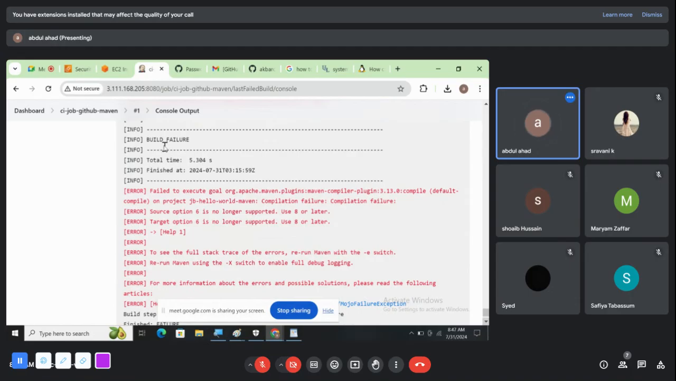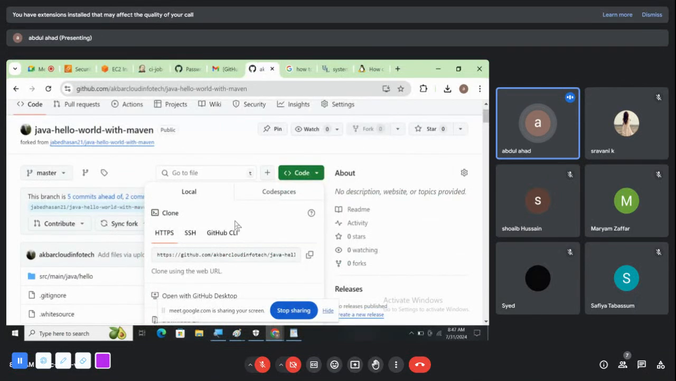Understand this bad build failure. We can read execute goal. Goal means what? Install, clean, what you have given. That basically says it can support with this particular compiler. Our Java should be 8 or more than that. So this is going to be basically from where? From your